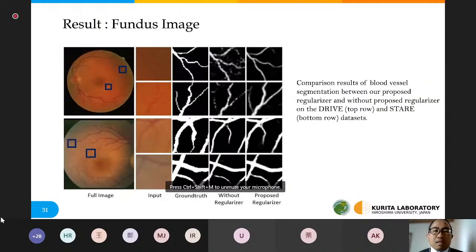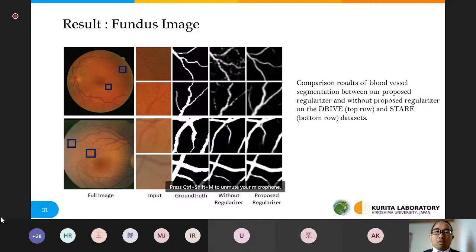This is the comparison result of our GLRDN. So the first column is full image, and the second column is selected region from this image, and this is the ground truth, and this is a result without a regularizer, and this column is showing our result with the GLRDN.